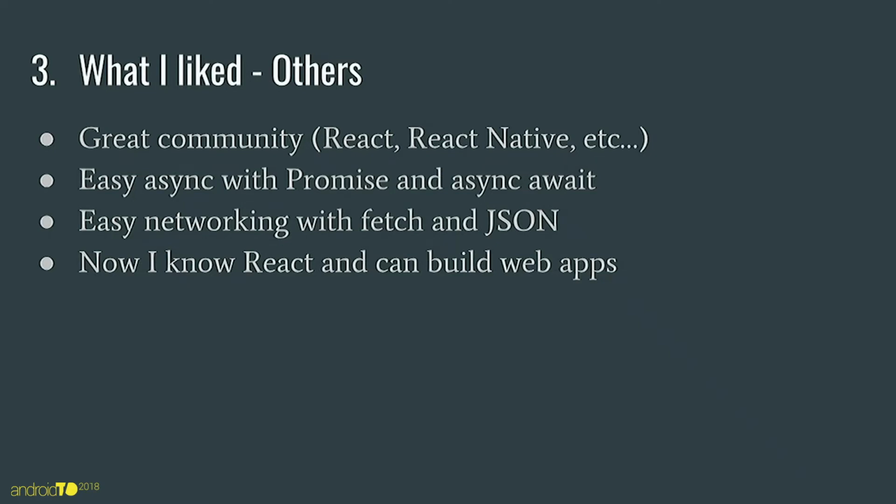Easy asynchronous stuff with promises and async/await. If you know Kotlin coroutines, it's kind of the same. So it's super easy, no more AsyncTasks. Well, I hope nobody's doing AsyncTasks anymore. But yeah, so much easier. Easy networking with fetch and JSON. So yeah, Retrofit is great, and JSON, yeah, it's pretty cool. But in JavaScript, it's there by default. It's in the framework, and it's a couple of lines, and it works great. JSON was built for JavaScript, so you get it by default.